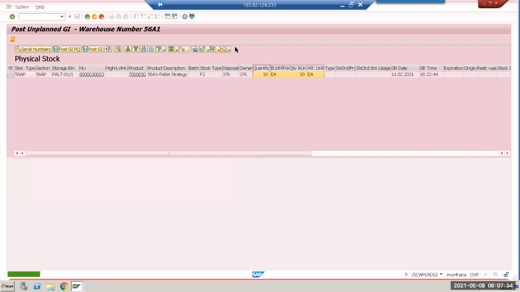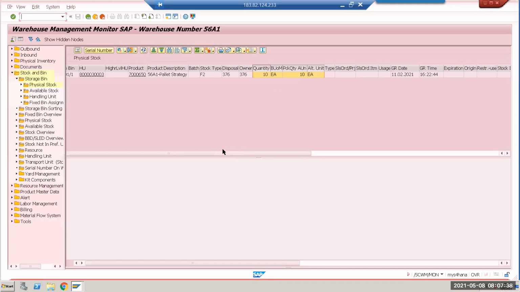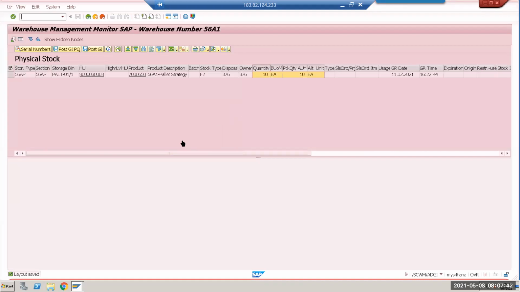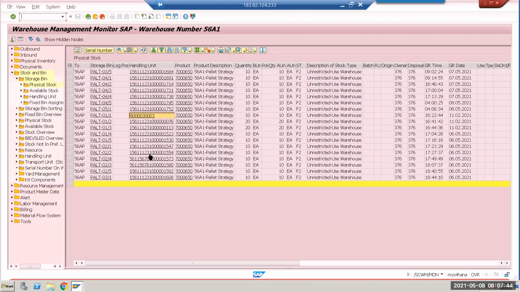Okay. So I can increase right now. Oh, showing as a 20 here, right? Or 10. Okay, 10. So actually all my HUs are different. I just wanted to show you one thing. I wanted to increase this stock to 20.